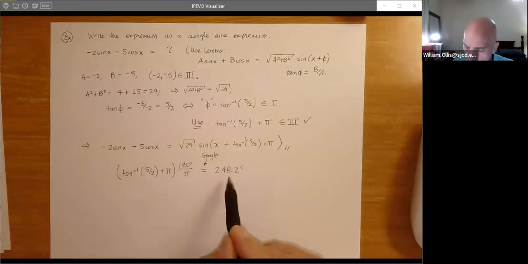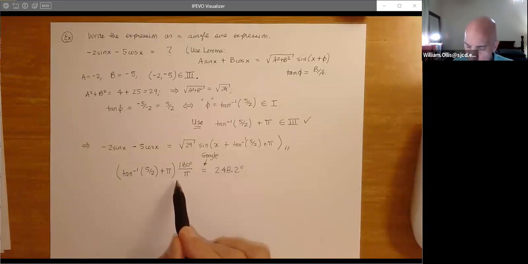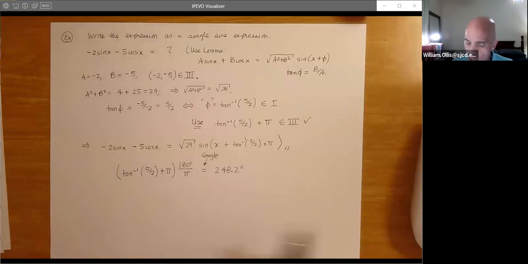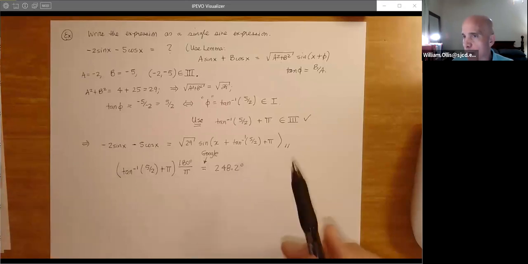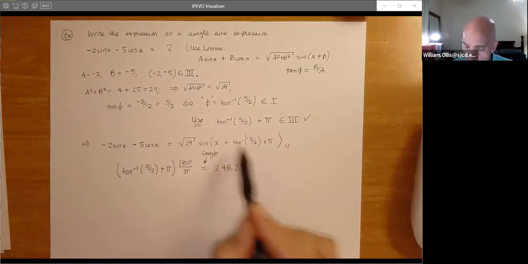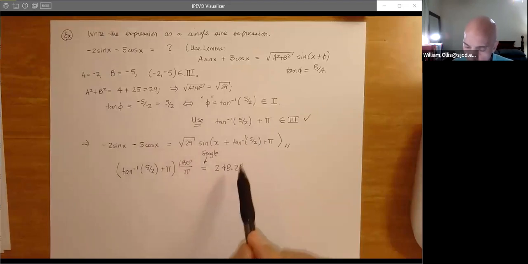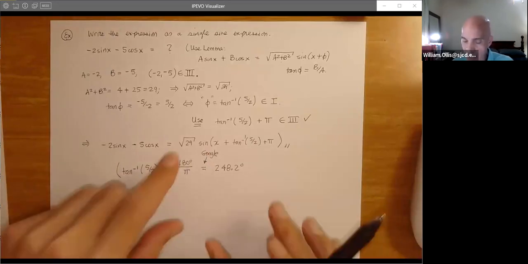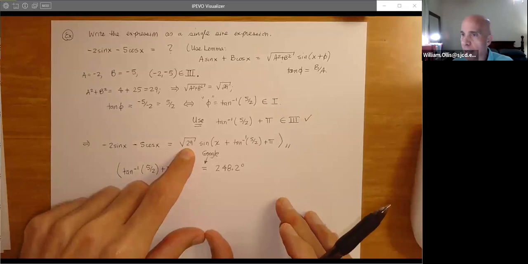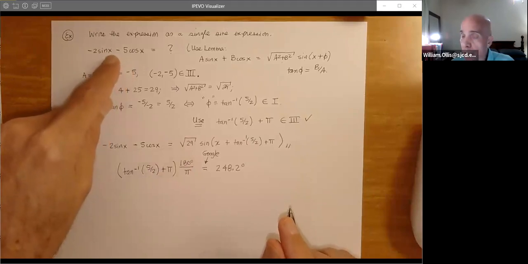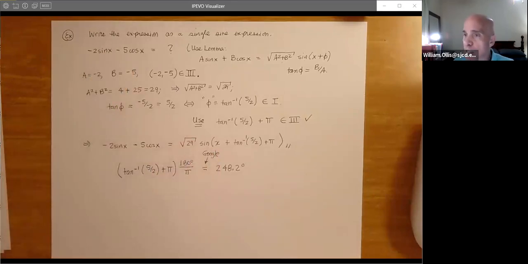Now, of course, we don't want to put the approximation in here. We want to put the exact value, so later on we can approximate if necessary. Now, in the WebAssign or whatever, you might have some nicer numbers here that turn out to be nice unit circle angles, so that'll be good too. But I want you to appreciate that now we have one sine function that can be horizontally shifted and vertically stretched, and that we can actually get a reasonable graph of. This would be harder to do otherwise. So having the single sine function is much more useful.